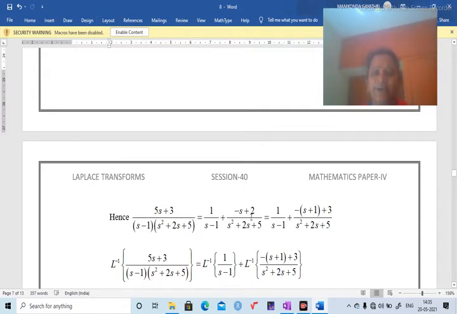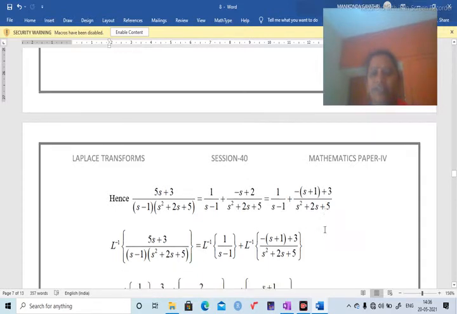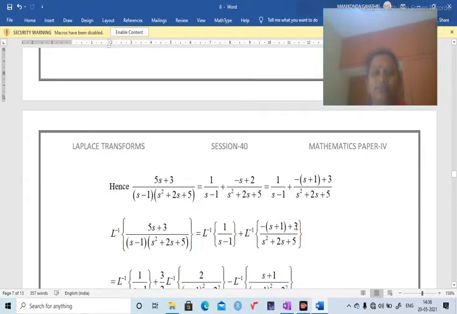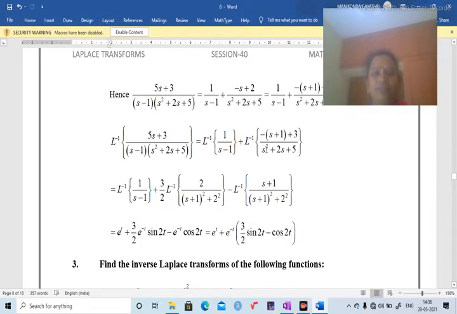Here I am writing plus 2 as 3 minus 1. So take the minus sign, then it becomes minus of (s plus 1) plus 3 by (s square plus 2s plus 5). Again apply L inverse on both sides. So observe this term, here 5 is there. I am writing 5 as 4 plus 1. I am taking 1, 2s together with s square, plus 2s plus 1, that becomes (s plus 1) whole square. Remaining 4 is there, that 4 becomes 2 square.